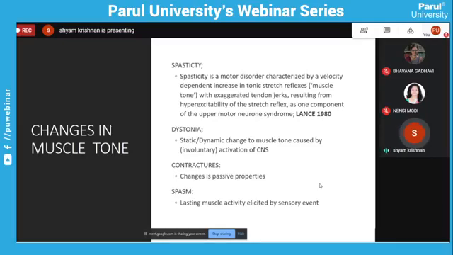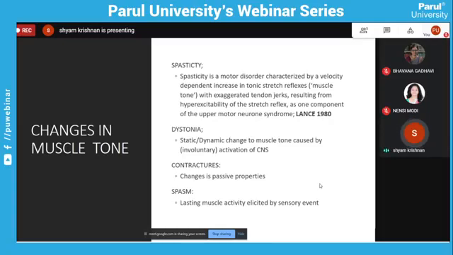Now, when you are looking at a patient with a posturing, you are essentially looking at a dystonic posturing. By definition, spasticity is technically an observed increase in the resistance offered to passive movements with increase in velocity of movement. But dystonia is basically a manifestation of an increased tone, which can be present statically, as in the case of, like I told you, a stroke patient who's showing signs of a flexion synergy or a mixed synergy. What I explained is a mixed synergy rather than a flexion synergy.